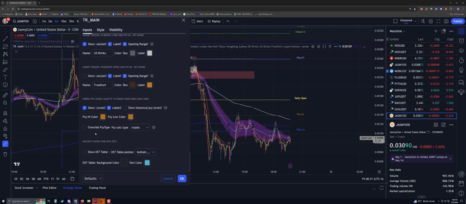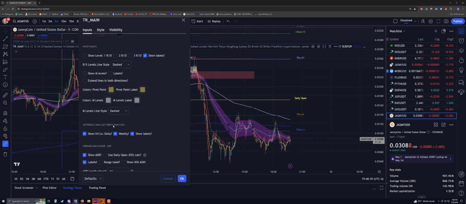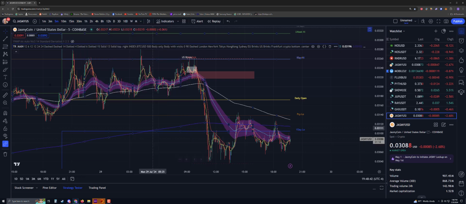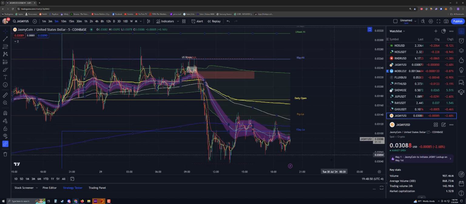Psych levels, you definitely want to leave those. Now we're at the bottom. Okay, so that's it. So what everything I just took off is what you would take off. We can turn the VWAP back on. VWAP is just default. Okay, so now just to explain to you